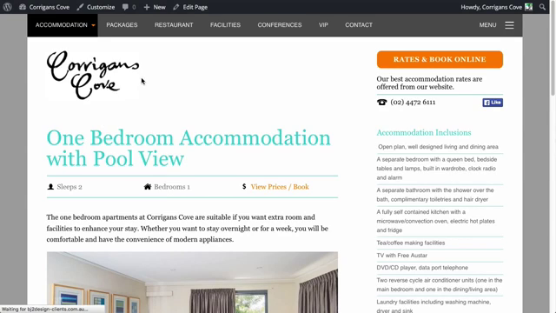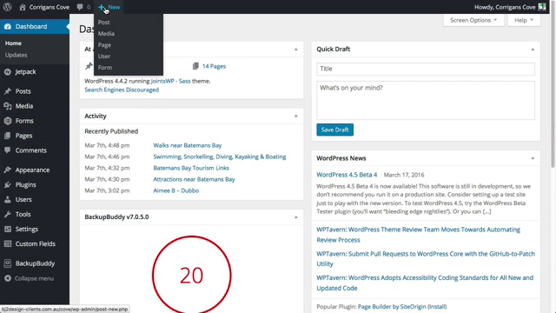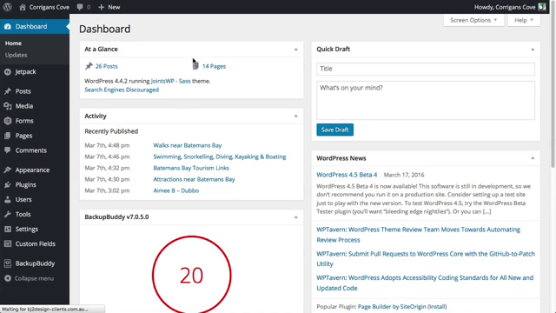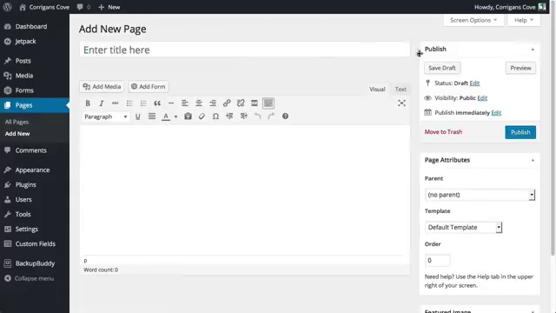So we're going to create a new page called menu, which we're going to put under the restaurant option. So over here we can just go to pages and add new, or like I said before, we can go up here and add new from here as well. So I'm going to click add new page, and I'm just going to write